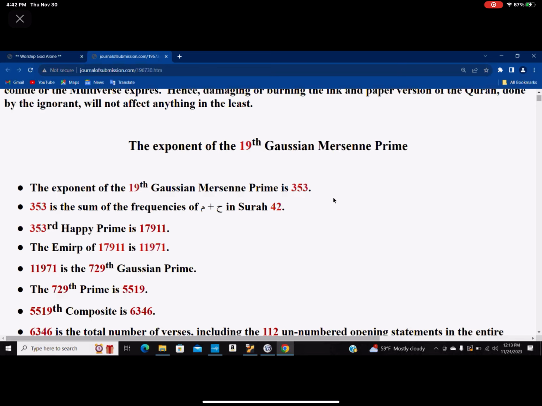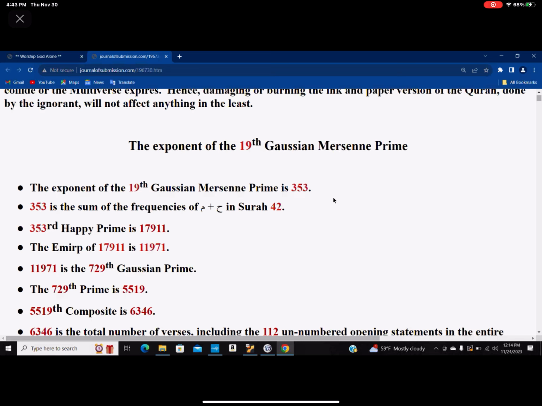So we go to the exponent of the 19th Gaussian Mersenne Prime. And as we've known for a while, the exponent of the 19th Gaussian Mersenne Prime is 353. 353, as we discussed before, is the frequencies of Ha plus Meme in Surah 42. And the 353rd happy prime is 17911. Okay? 17911. The Emirp of 17911 is